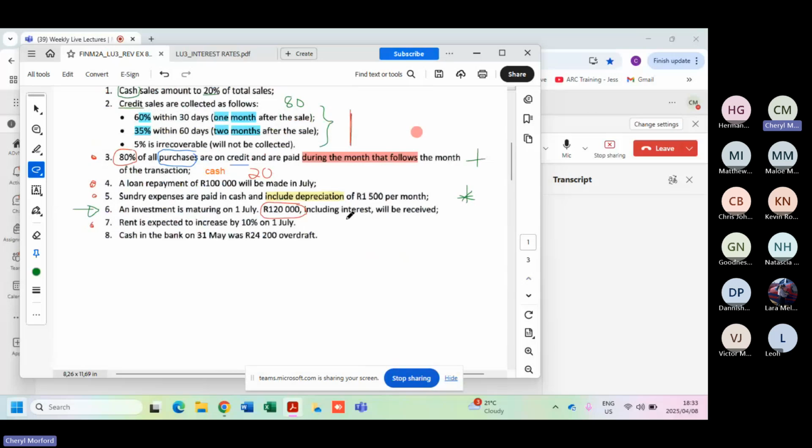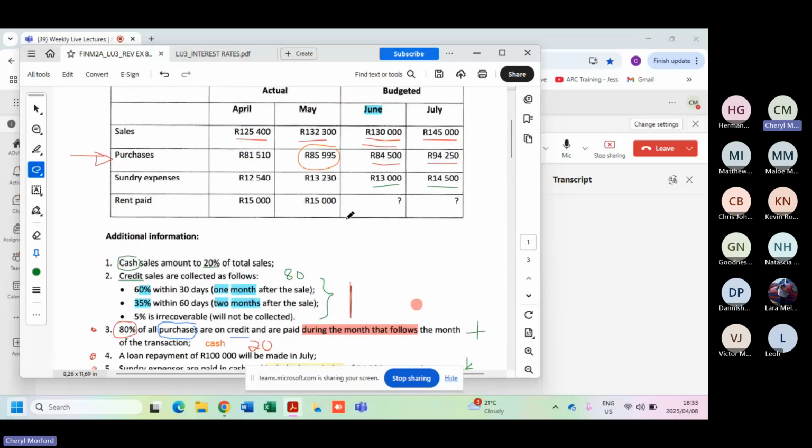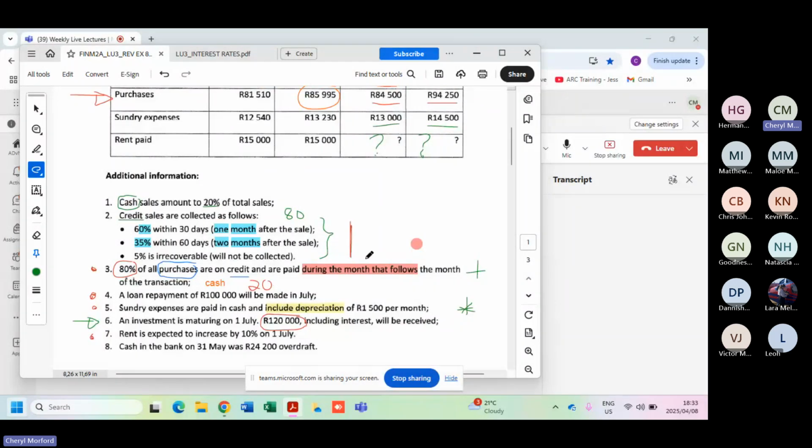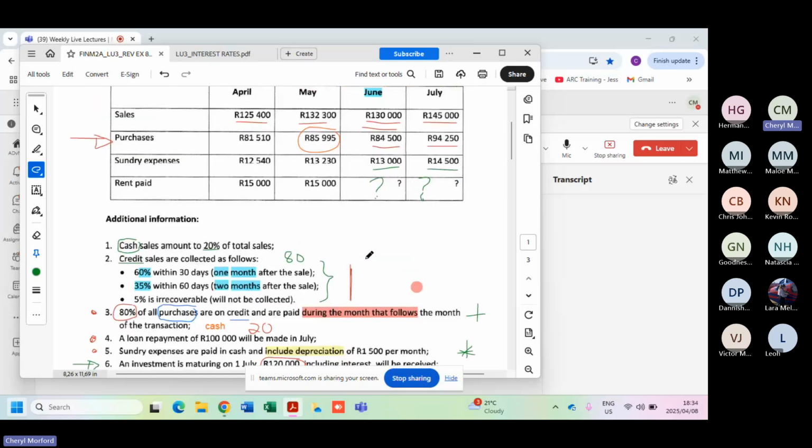Then let's look at rent. So rent is going to be a cash expense. Notice what's happening over here. Question mark, question mark. But we do at least have some other information. Number 7 says rent is going up in July by 10%. So what's it going to be then for June? No change in June, so it'll be, yep, fabulous. It'll still be 15. However, in July, I need to increase it by 10%. Now, is it going to be in the cash budget? Yes, because the rent is paid in cash.